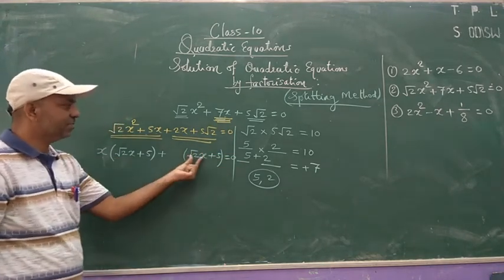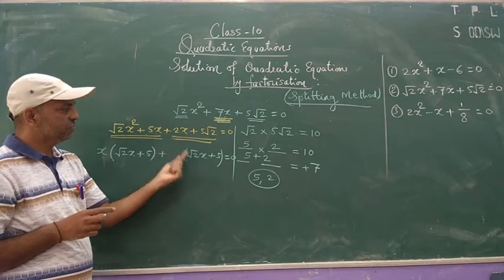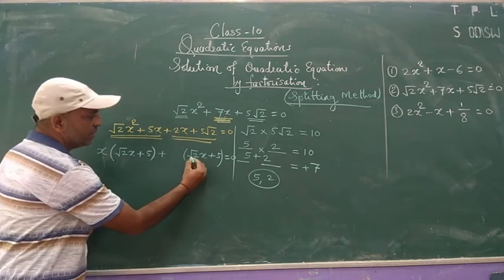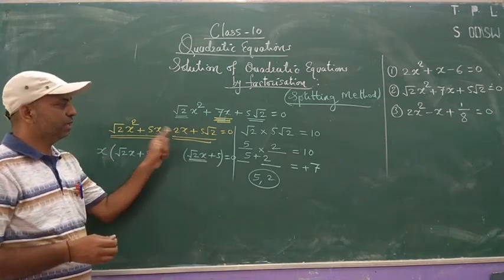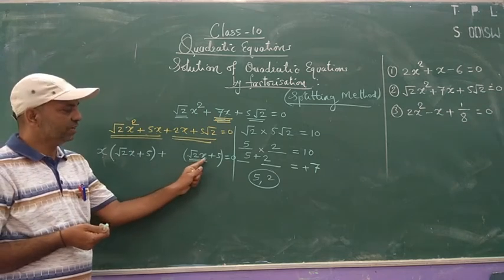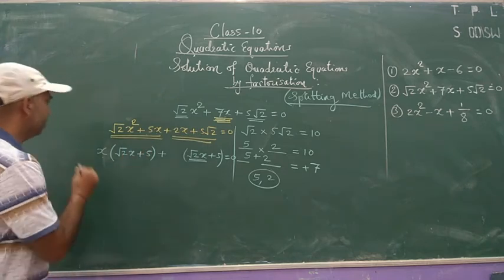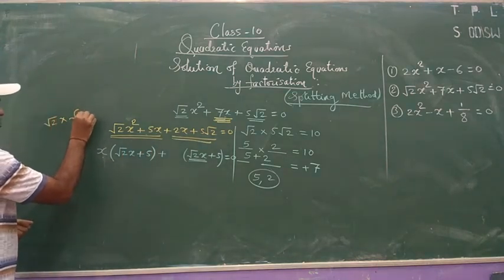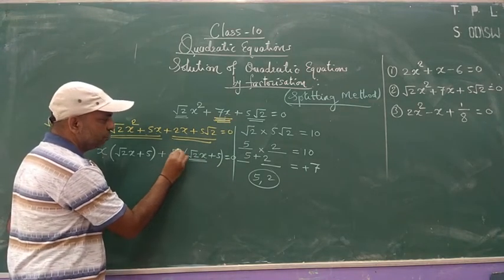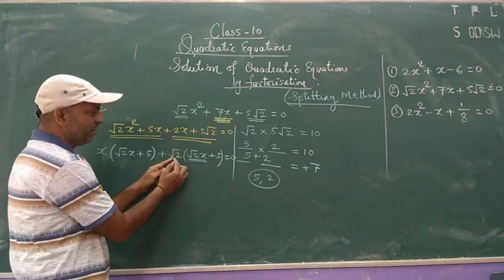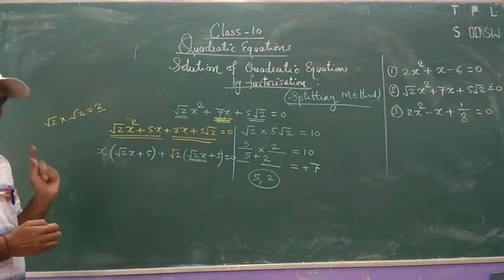Now look, here the first term is √2x and here it is 2x. We take the x terms, so √2x and here 2x. Now tell me, by what will you multiply √2x to get 2x? It is obviously when you multiply √2 by √2 we get 2. It means when I multiply this term by √2 then we get 2x. Verify: √2 into √2x is 2x and 5√2. Okay, so it is correct.